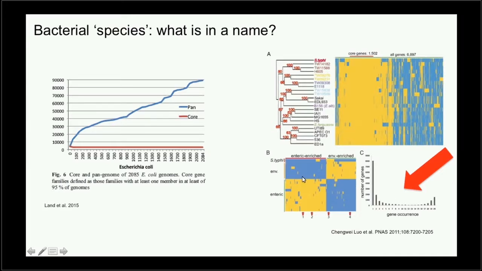E. coli isolates. Point being here that we call E. coli a lot of different bacteria that are incredibly diverse, ecologically, biologically, and in terms of their genetics and the genome. Yet we call all of these things the same, regardless of the fact that most of the genome is not shared among all these different organisms.